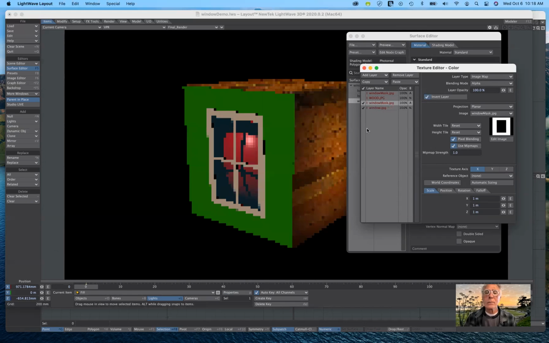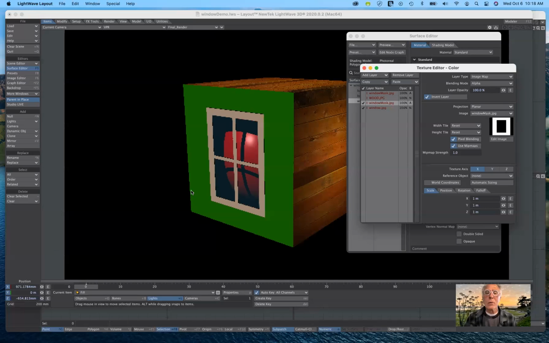There we go. So by moving that up, notice that it cuts a hole. This is the mask. Okay, so for those of you who have worked with Photoshop and you've worked with layer masks, this is precisely what we're working with. That if I turn off the mask,